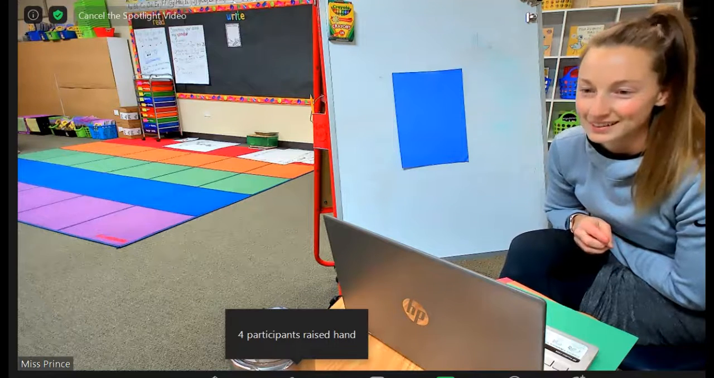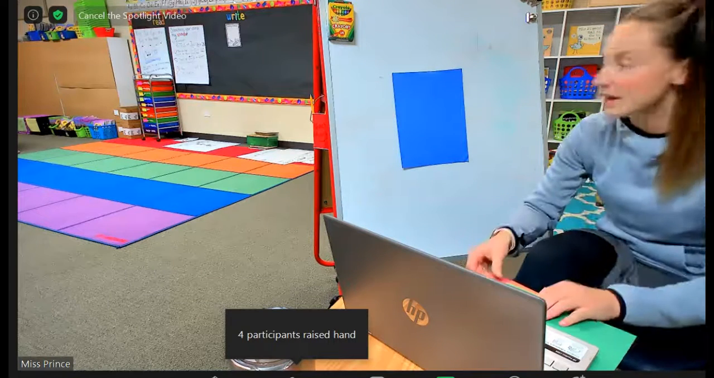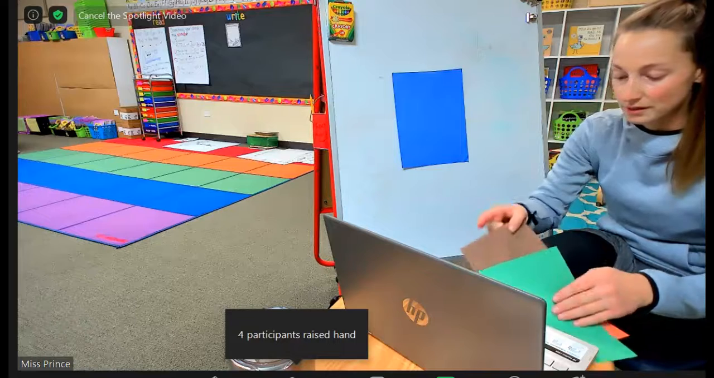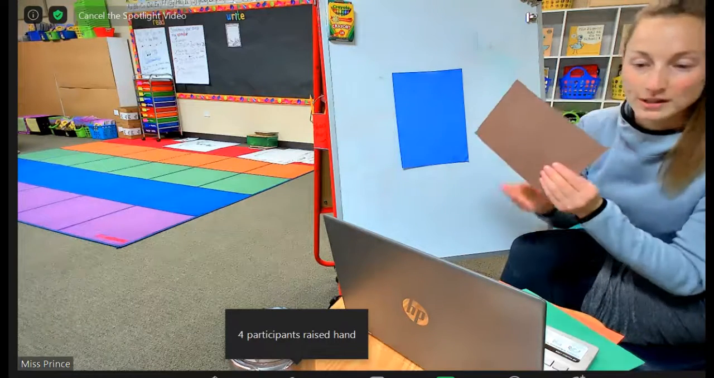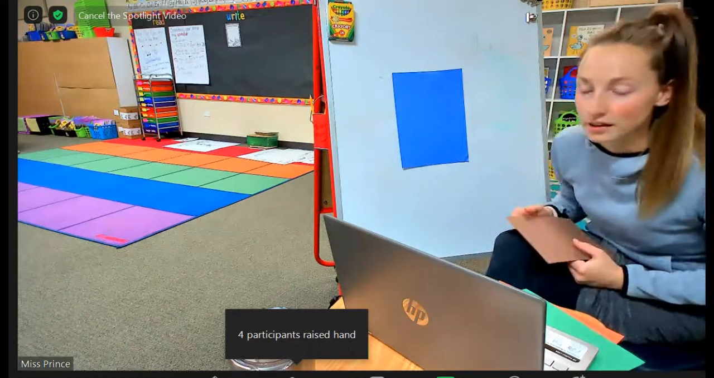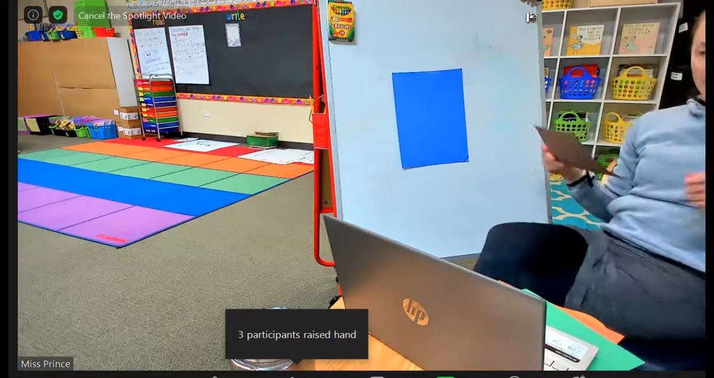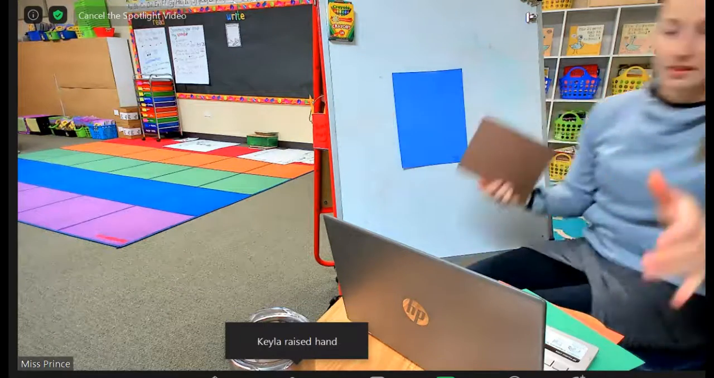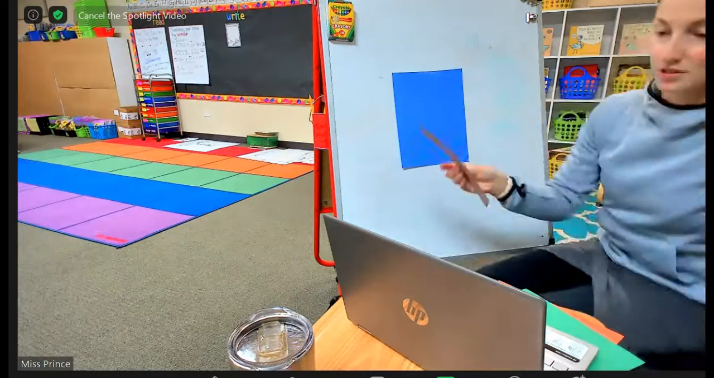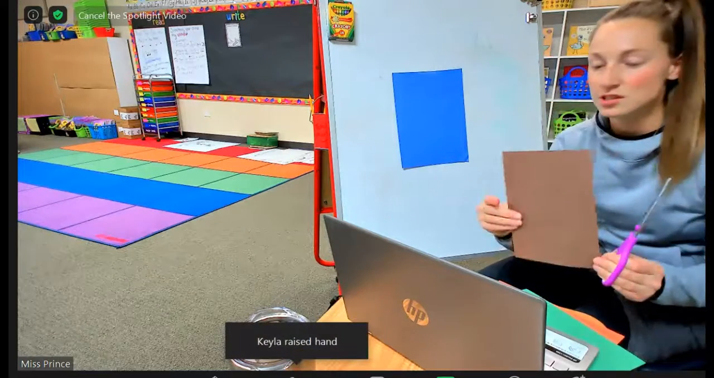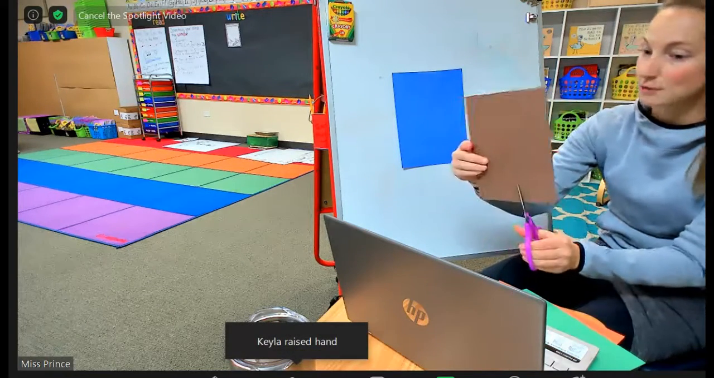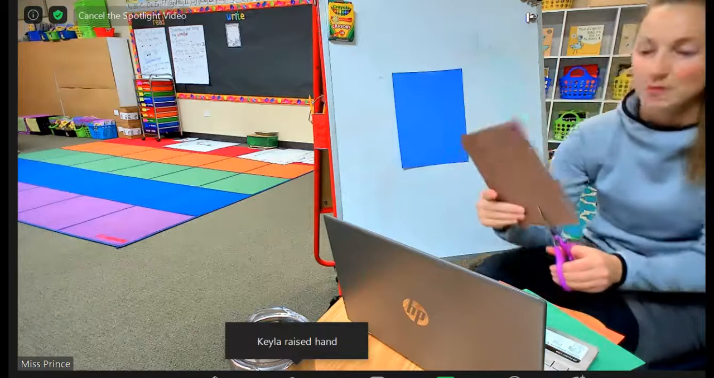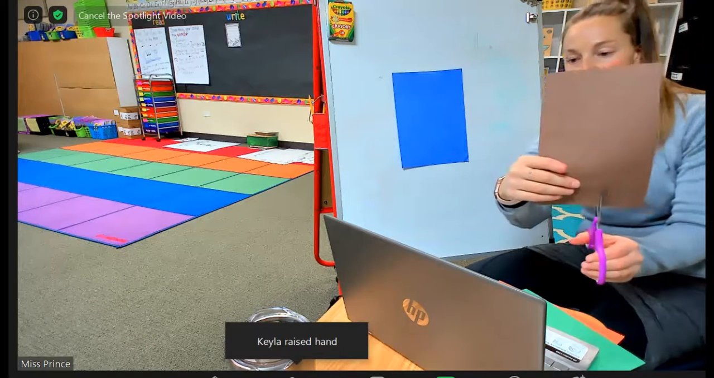All right. Okay, boys and girls, I want you to take your brown piece of paper, and we're going to be making the tree trunk. So that's the part that has the wood on it. Take your scissors, and you're just going to make a trunk out of part of your paper. It doesn't have to be perfect because tree trunks are not perfect. So you just take your paper,